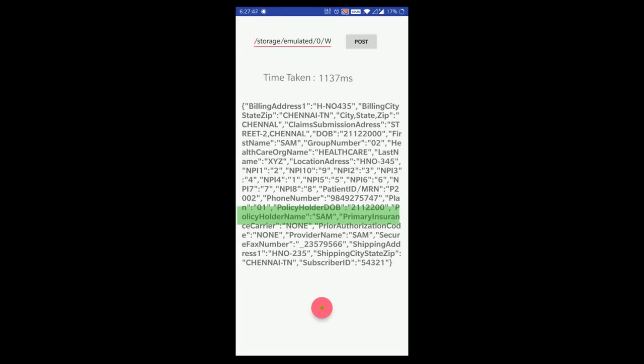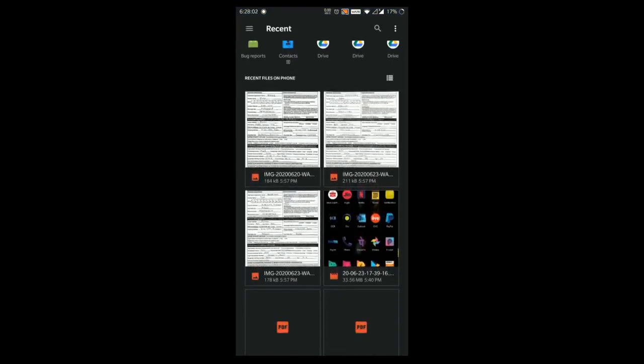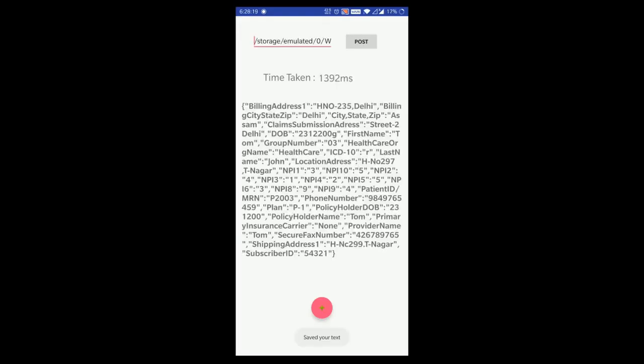The best thing about this setup is it's very fast, and it doesn't take much time for the end user to get the results. Also, it is very simple to use, and we would like to reiterate that point. I'm going to take up one more sheet now with different handwriting again, and we'll see if it is performing as expected. And this time it is Tom. The provider name is Tom, and Assam is given over there, and we will see if this is getting detected properly. This is a combination of uppercase and lowercase letters that we used, so we should see if it is also getting detected nicely.